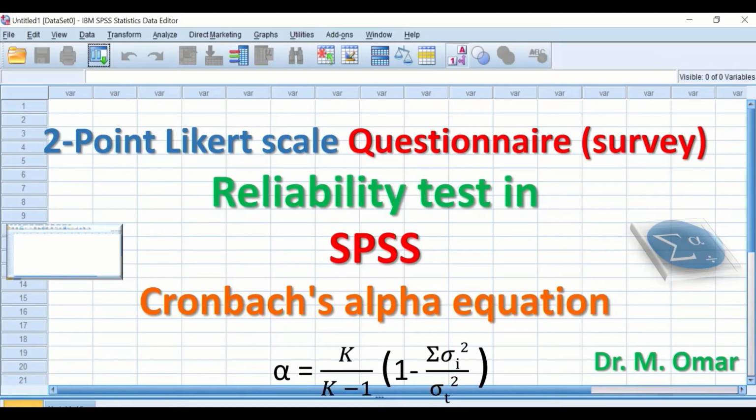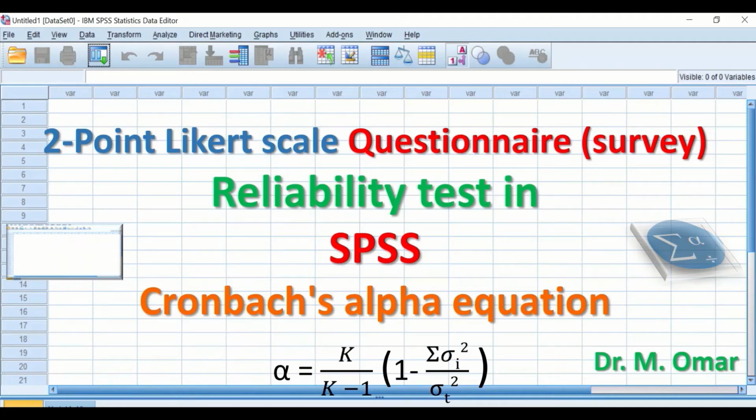Evaluating the reliability of a 2-point Likert scale questionnaire or a survey in SPSS using a Cronbach's alpha equation. The test will measure the internal consistency of items and test whether the questionnaire or a survey, if